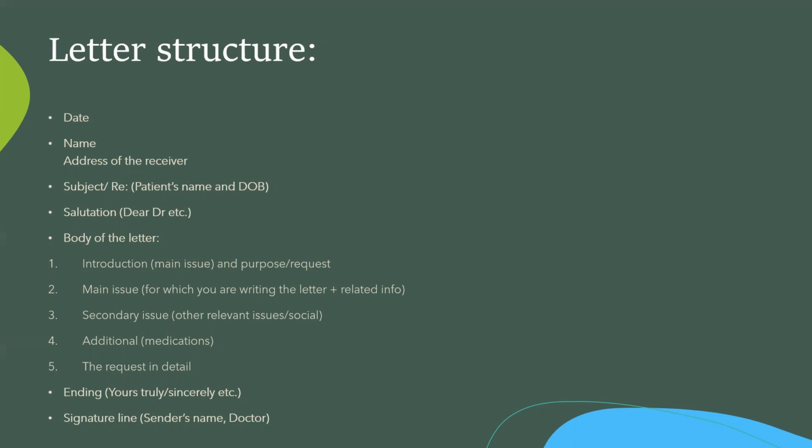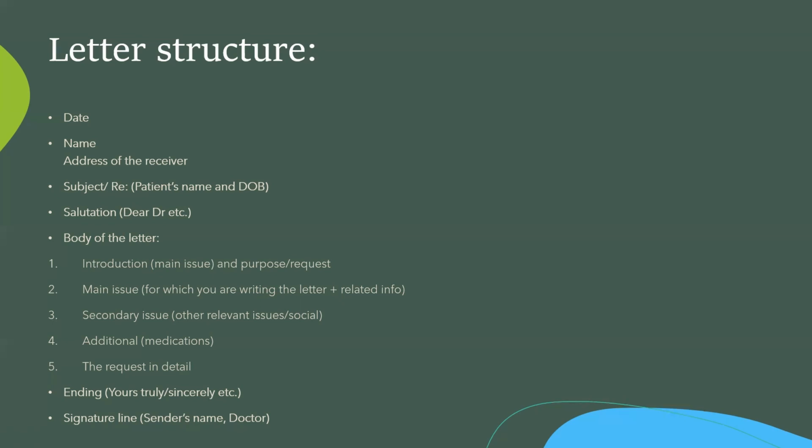Then the salutation. Always write the same salutation, Dear Dr. and the surname. Normally they use the surname when they are addressing someone. So if the doctor's name is, let's take my example, Dr. Fatma Gilani, you will write Dear Dr. Gilani, comma. The salutation would be like that, my surname would be used.